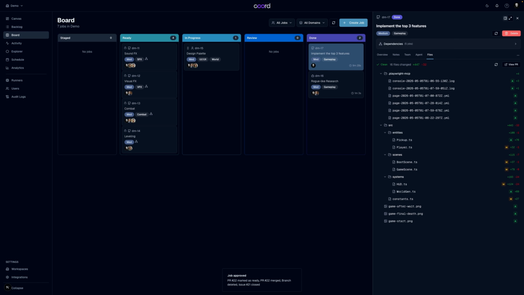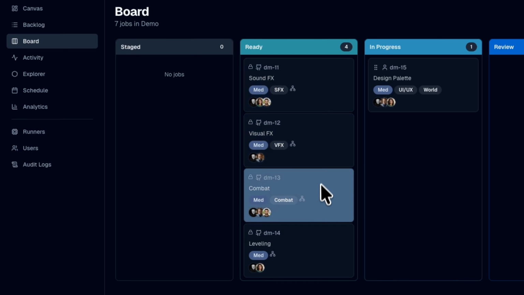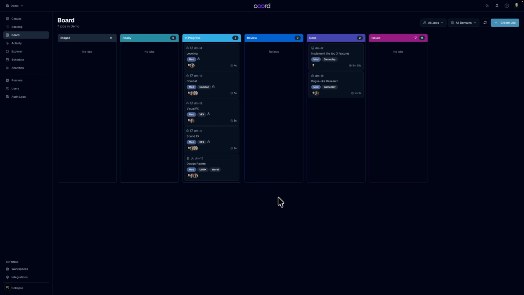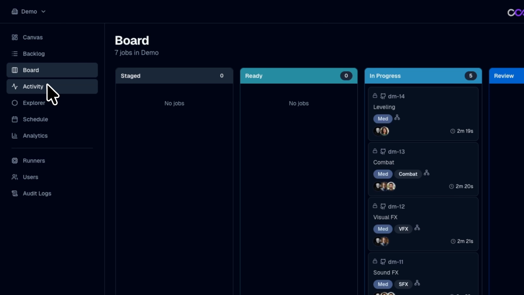Now that that job is complete, we'll see our other 4 jobs automatically pick up and get started. Now, 3 of these jobs I set to auto-approve. One of them, I did require plan mode, and I did ask for approval. This way, we'll be able to take a look at how you would interact with an agent throughout the course of a job. While those jobs are running, this is a good time to take a look at our other